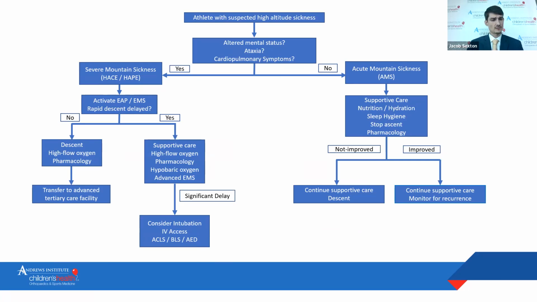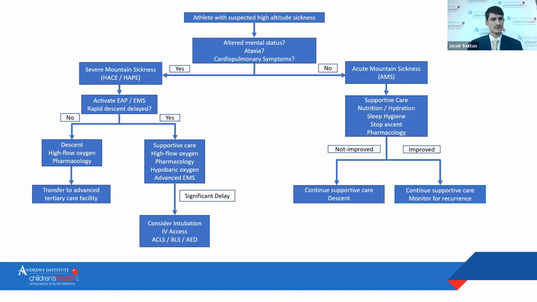If there's not, then you're dealing with likely acute mountain sickness. You go through your supportive care measures, your nutrition, your hydration, stop your ascent, use prophylactic pharmacology as needed. If there's improvement, you continue supportive care and you monitor for recurrence. If they're not improving, then you consider supportive care, and then you consider cessation of all activities until they improve,